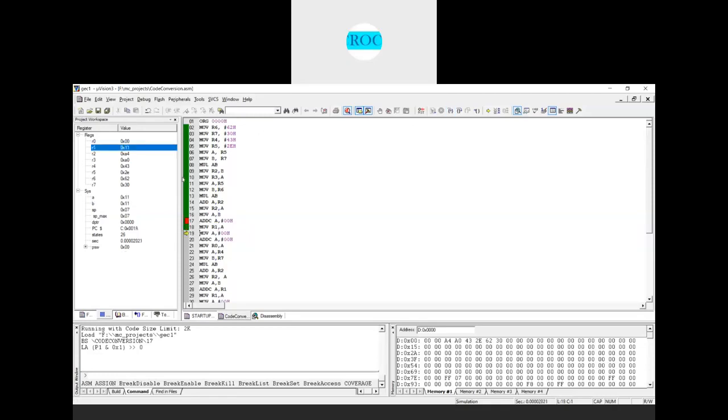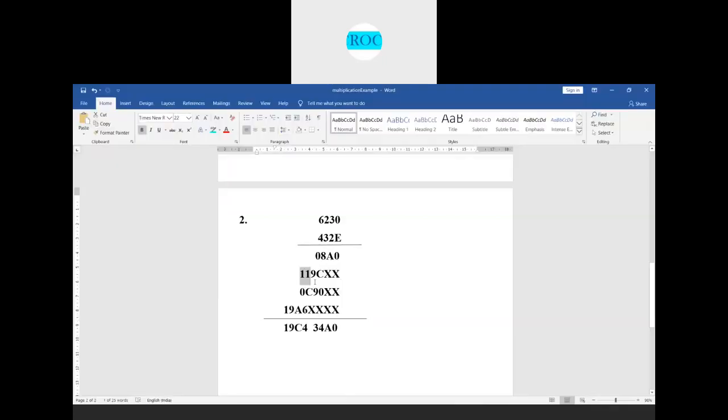So R1 is having 11, right? Next, MOV A, #00H. If there is any carry because of this one, if you take an example where this is something like FF, and because of the addition of these two bytes there was a carry, again that will go to the next stage, right?